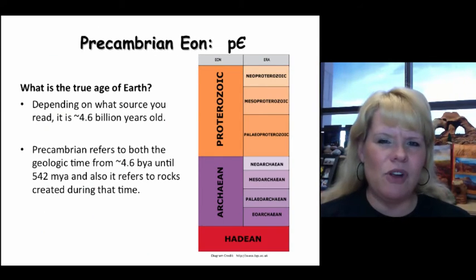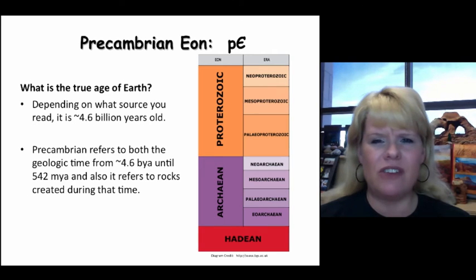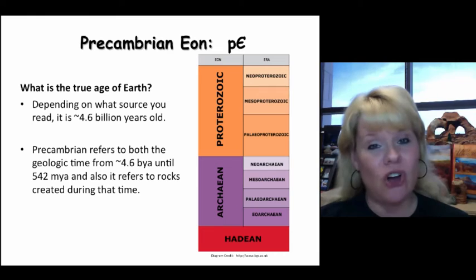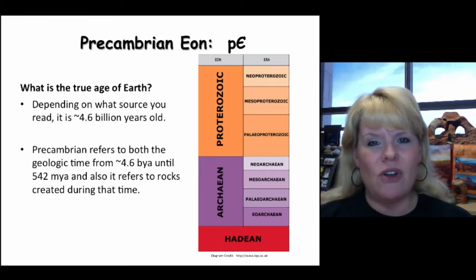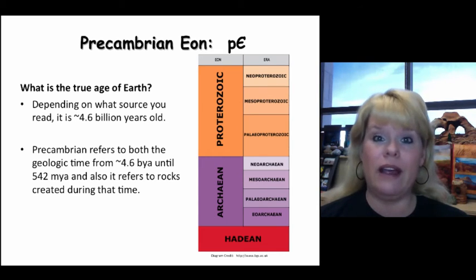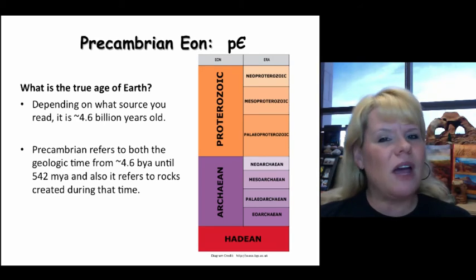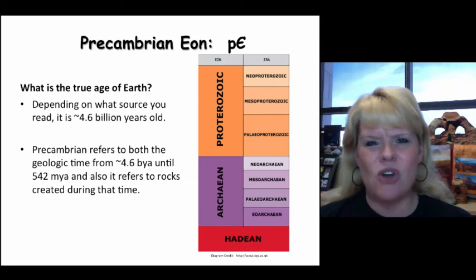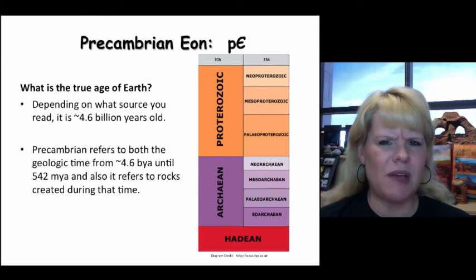So the Precambrian is a representation of the Earth's history before the Cambrian period. I know that may sound obvious, but there are a number of people who don't understand that everything that happened before the Cambrian is considered Precambrian. How much time does that constitute? If you're looking at 100% of geologic time, and let's put that to a football field, we're looking at the 88-yard line, from one end zone to the 88-yard line. That's how much time we're talking about.